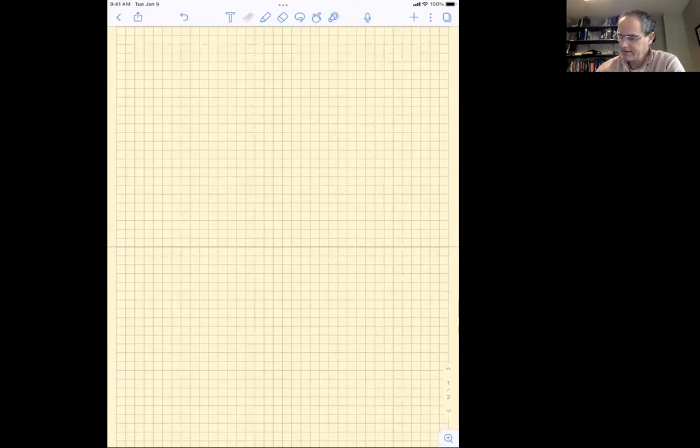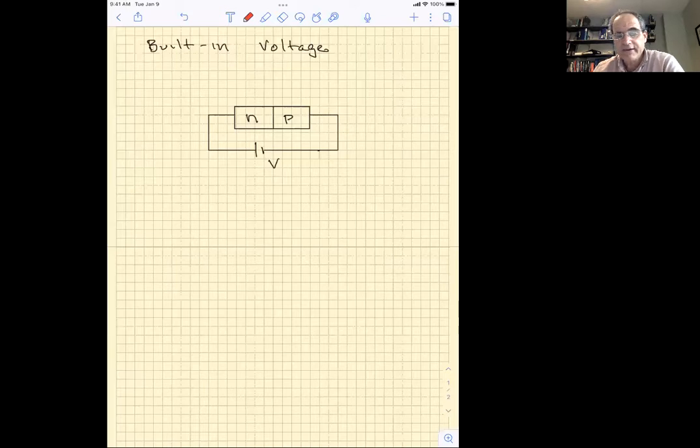Okay, so let's focus now on the built-in voltage. Okay? Now, just to be clear about what this is, let's make a little drawing of our PN junction inside of a circuit. Hang on one second while I make my drawing. Okay, there we are. So we have a PN junction, and then the device is connected to a battery, okay,